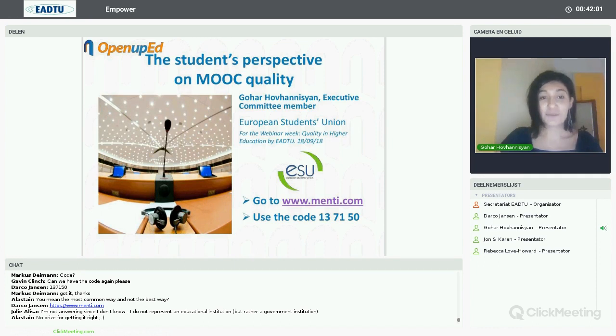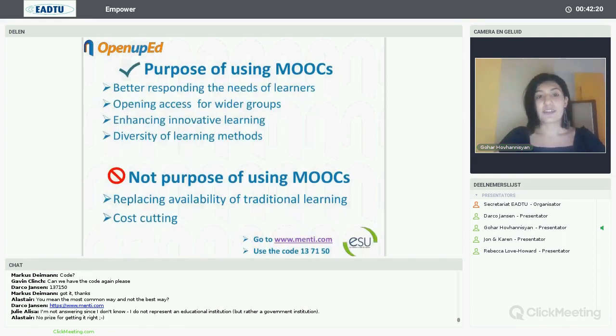Yes, so at the European Students' Union, we really value this opportunity of going into massive open online education, because, of course, it gives everyone better opportunities to respond to the learners' needs. And for that, it is always important to consider what the purposes are for using massive open online education and what should not be the purposes. So if we go for the purposes first, we think that the purpose of MOOCs should be to better respond to the needs of the learners, to open access for wider groups, to enhance innovative learning and new ways of learning, to practice them in higher education, and to ensure diversity